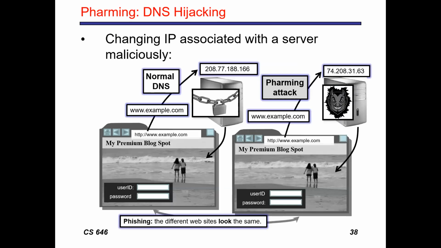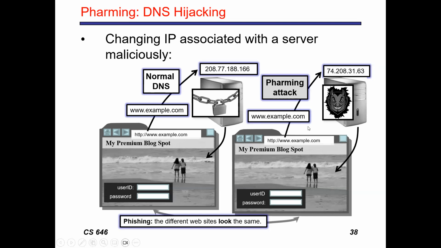So let's have a look at this example, for instance. Here you can see that the original website is this one, and the original query usually works like this: if the victim is trying to visit www.example.com, the normal operation is that the DNS server will resolve it to the actual IP address, which is 208.77.188.166. Whereas if the attacker somehow manages to force the DNS server to resolve it to